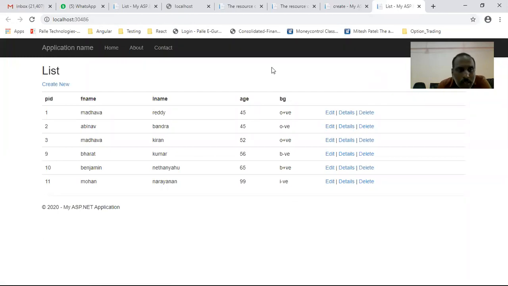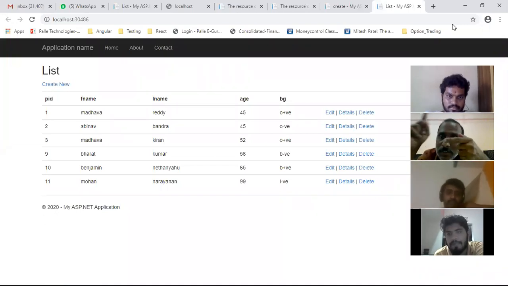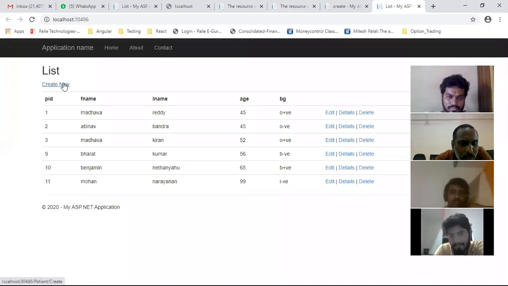Okay. Now I will click on create new. What is this create new over here? Is it a button or a hyperlink? Hyperlink. When you click on a hyperlink, will the first request or a post back request go? First request. Remember, a hyperlink will always send the first request, and a button control will always send a post back request. Remember this blindly.